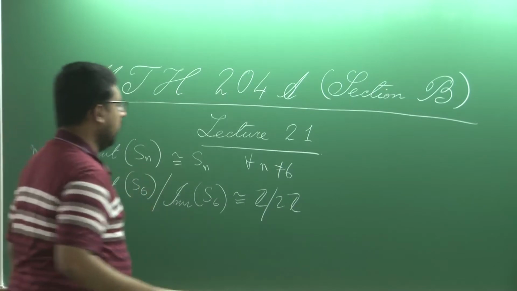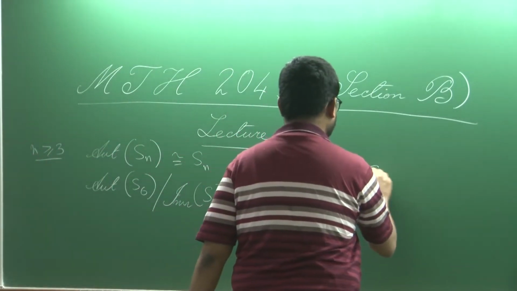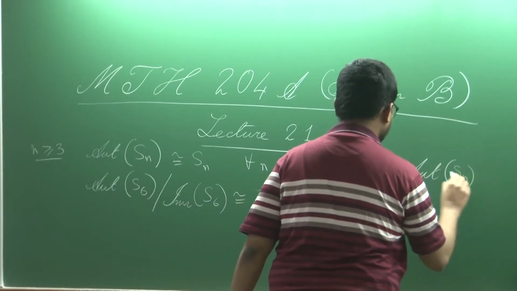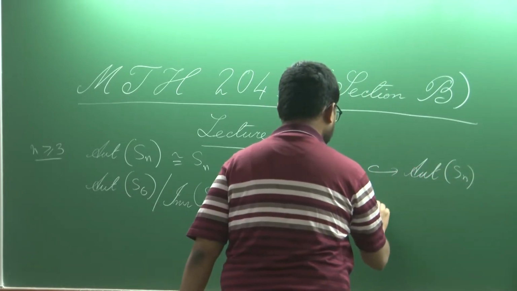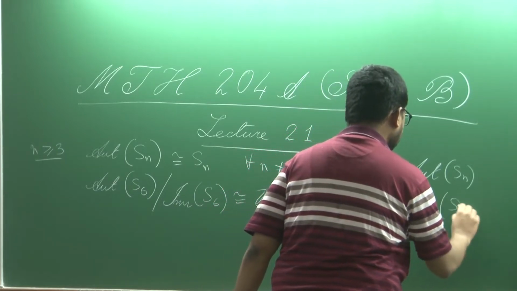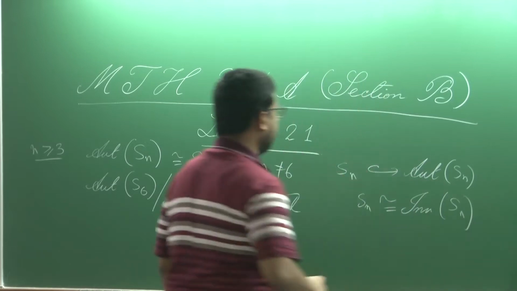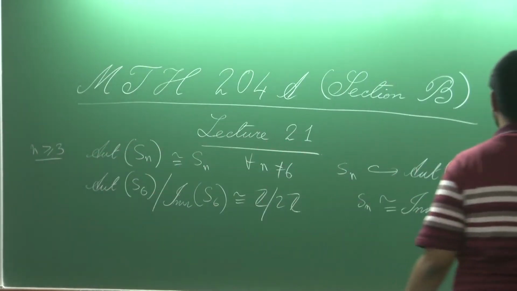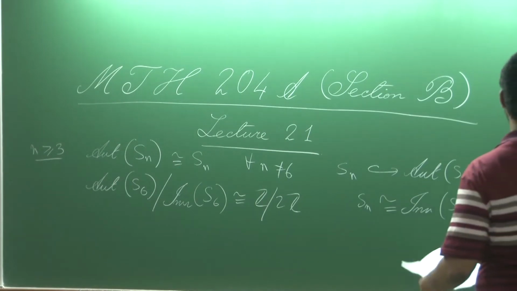And in fact, we also proved that Sn has a natural embedding inside Aut(Sn), namely Sn is isomorphic to Inn(Sn), which is a subgroup of Aut(Sn). Okay. And in order to show this, we first need the following